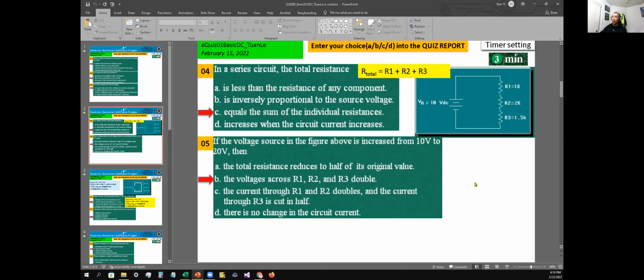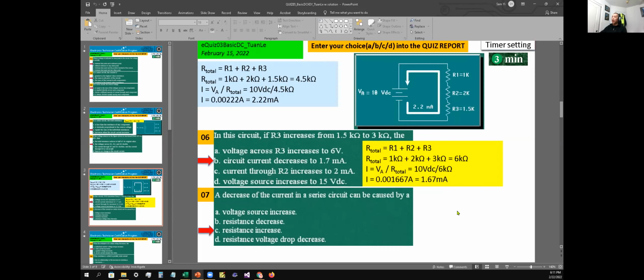So in equations number 4 or 5, like I said, you will have a chance to run this test in the lab, and you'll be able to check it for yourself. Okay, no question. Number 6, in the circuit, if R3 is increased from 1.5 kilo ohms to 3 kilo ohms,